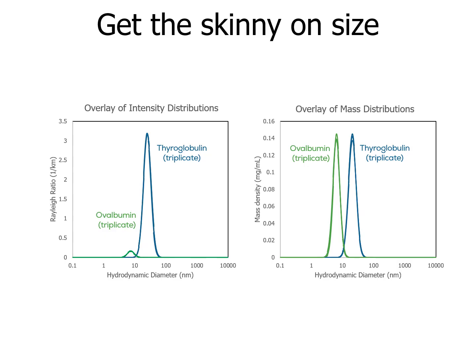That'll be a useful principle that we'll explore later when we're considering aggregation in a protein sample. If you look at the right graph, you can see an overlay of mass distributions where we're taking that intensity data and converting it to mass data to help us understand the distributions that we get from DLS. On the right, we're graphing diameter versus mass concentration, and you can see in this case, Stunner has calculated that